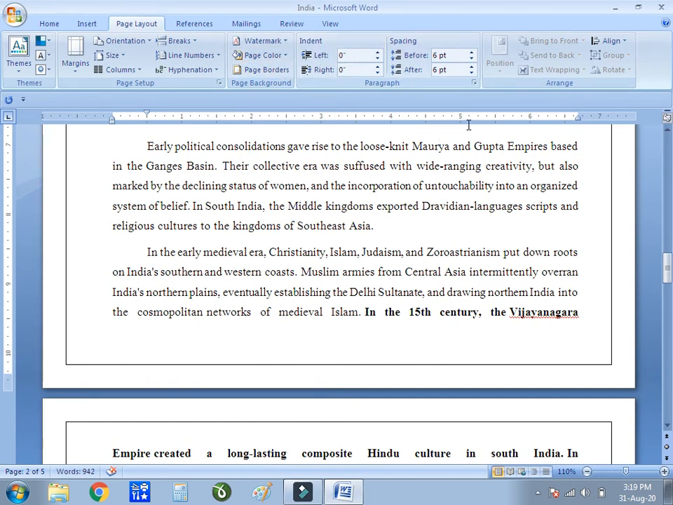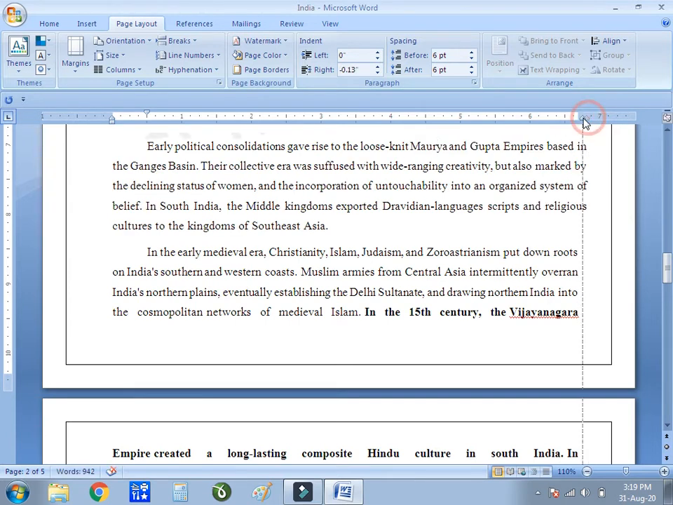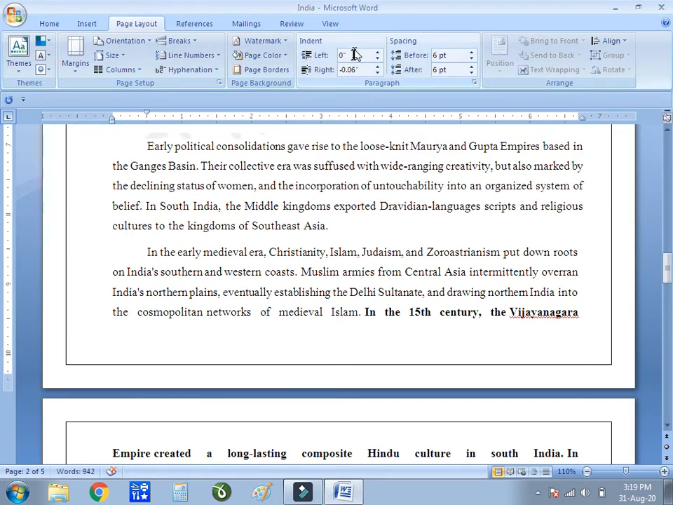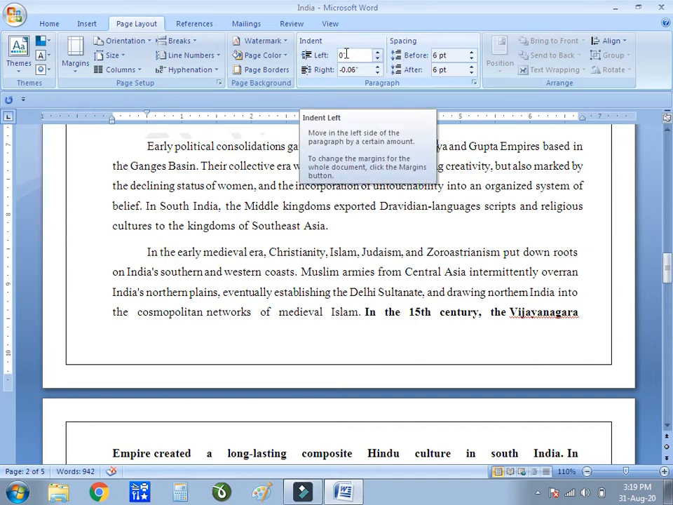Then indent. Now suppose this is the indent. Here it is available on the top also. If you see here where my cursor is, suppose my arrow is right now, it's showing the left indent, and this side it is showing the right indent. So with the help of this indent you can change the indent size,